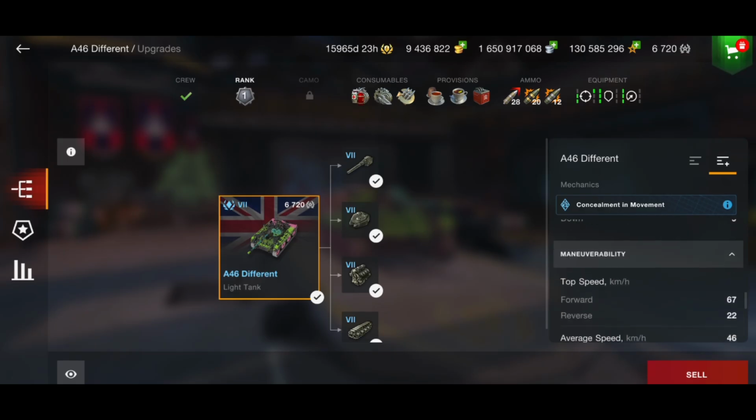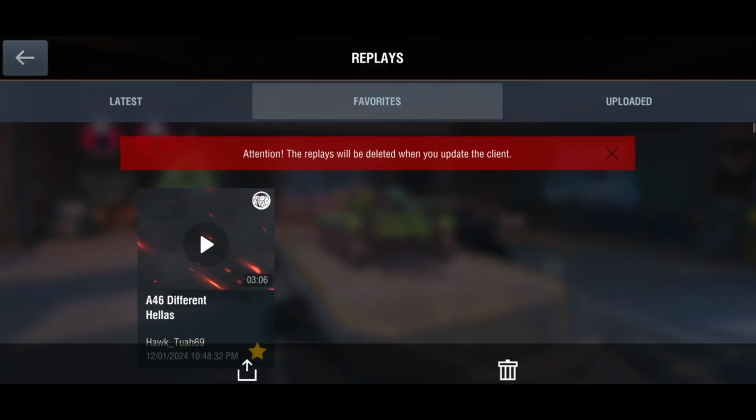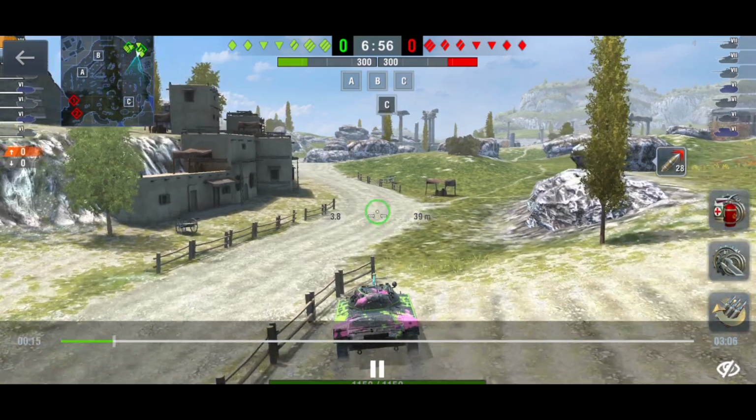You do have 9 degrees of gun depression with a top speed of 67 kilometers per hour. So yes, it's a very quick tank. Now we do only have one game, but one game is all it needs to sort of showcase this tank. And again,